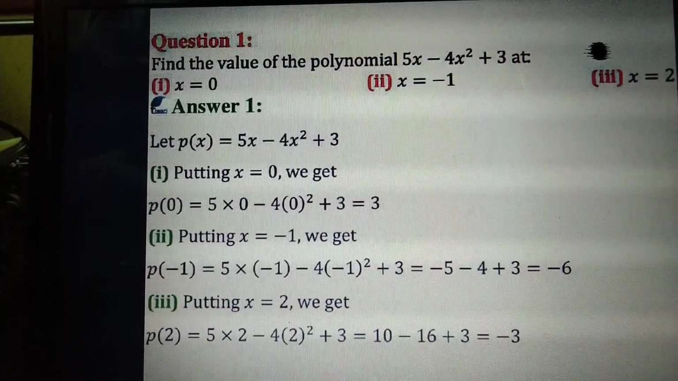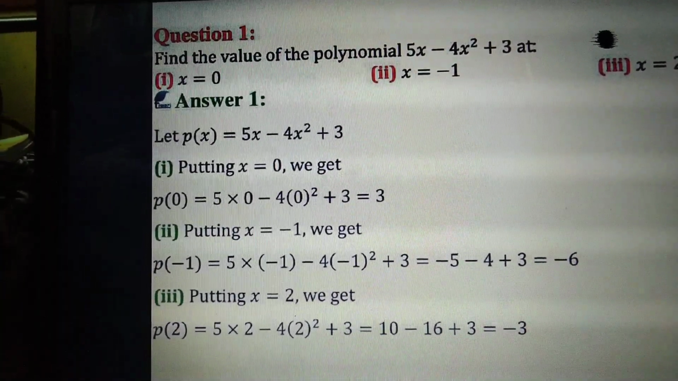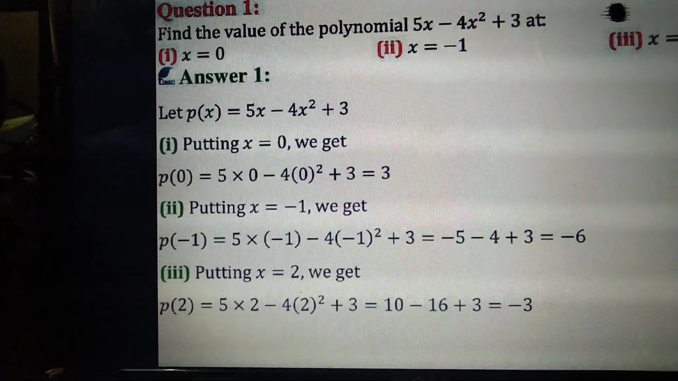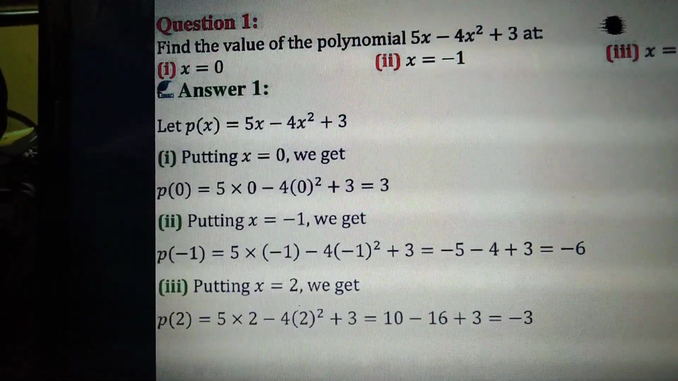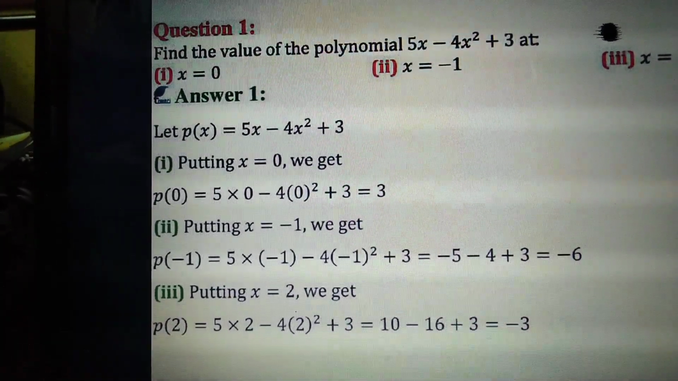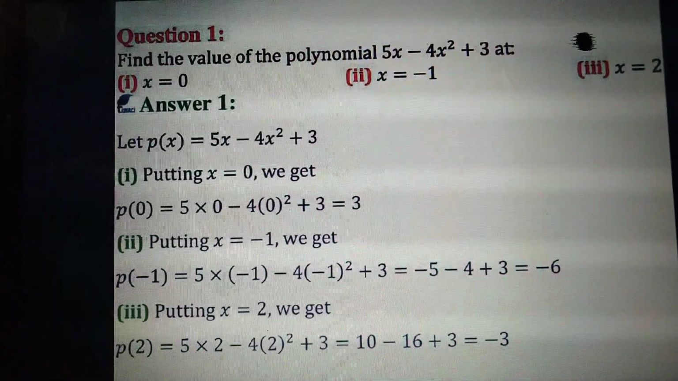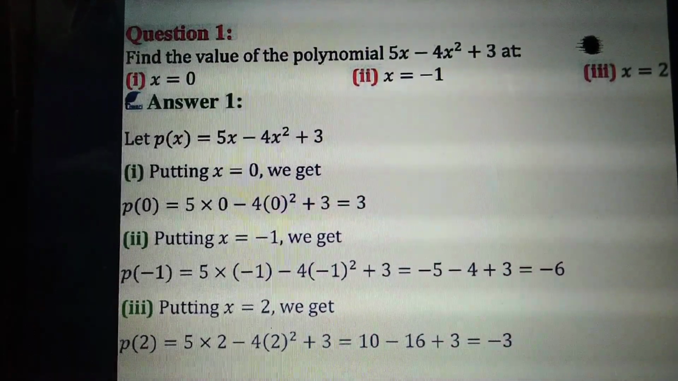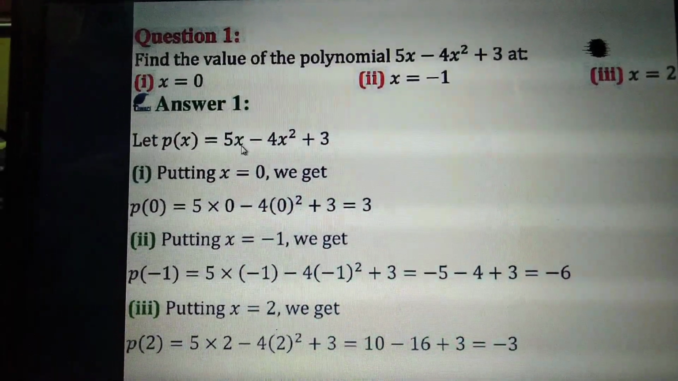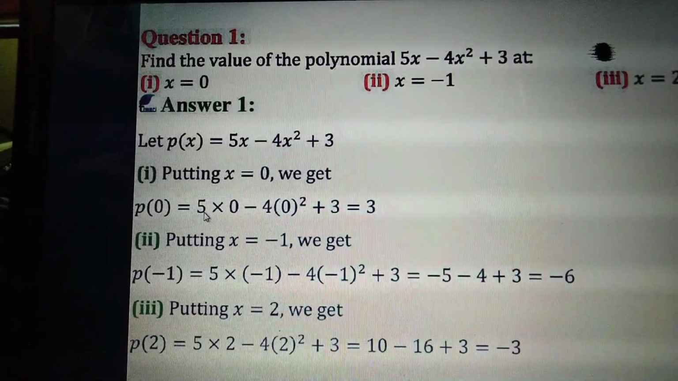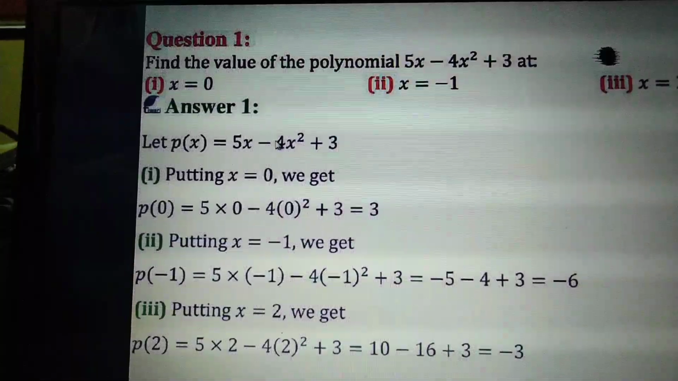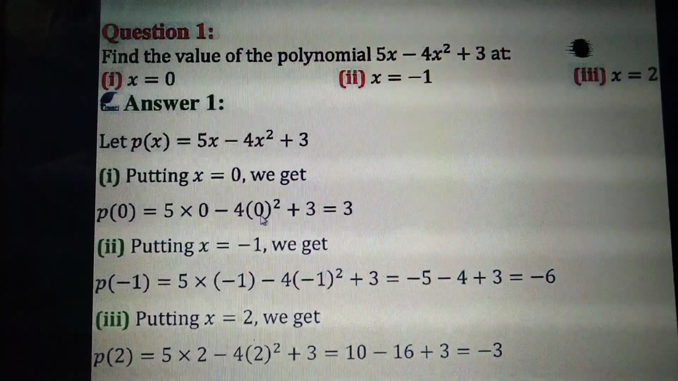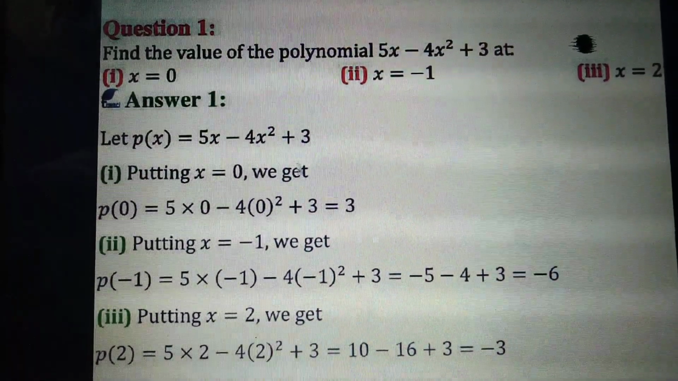Now we want to find the value at x equal to 0. What is the value when we substitute x equal to 0 in the given polynomial? So putting x equal to 0, we get p of 0. The meaning is, wherever x is there, you just replace the x with 0. So 5x, instead of x we'll put 0. So 5 into 0 minus 4x squared. Here minus 4 into x value is 0, so 0 squared